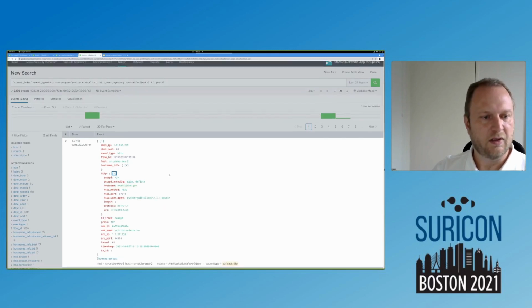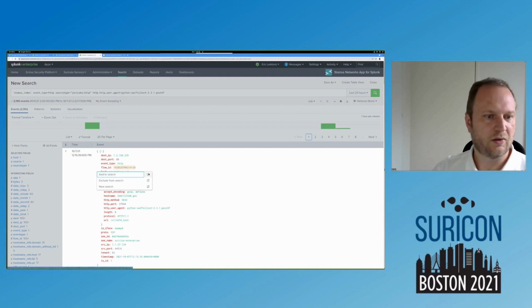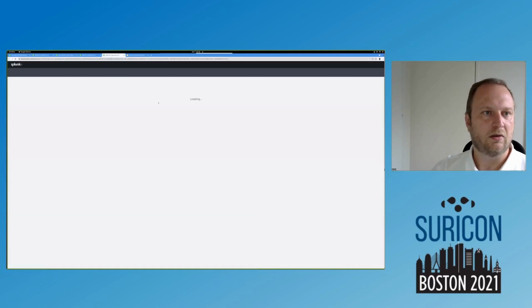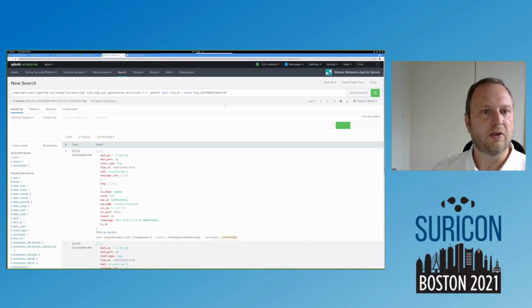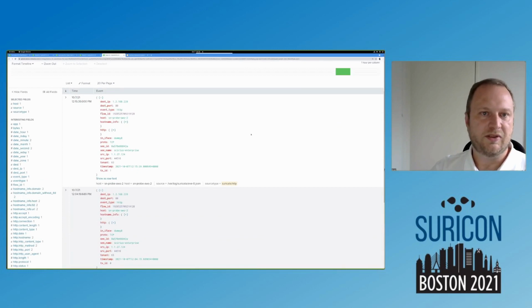That's interesting. So something that I can do that is really nice with Splunk is that I can add something to the filter. So let's take a look at what other information we have on this flow. Wrong click. No, that's good. So search flow ID, and we got the flow ID search that has been added, and we see that we got 2 requests on the same